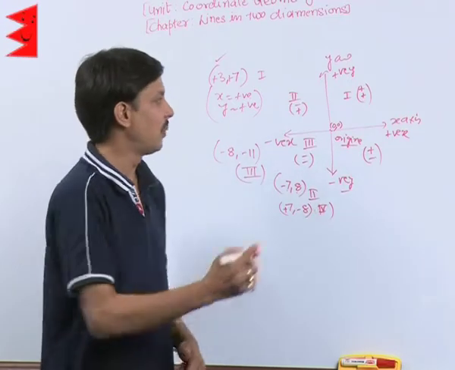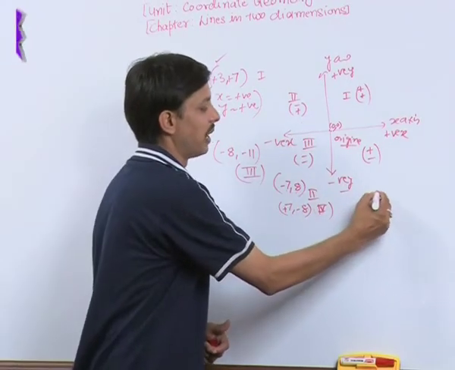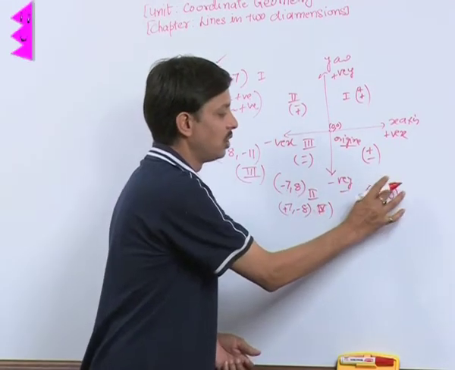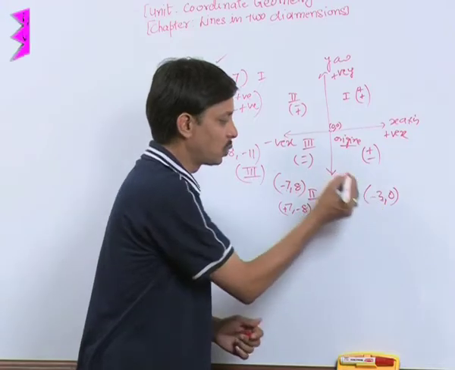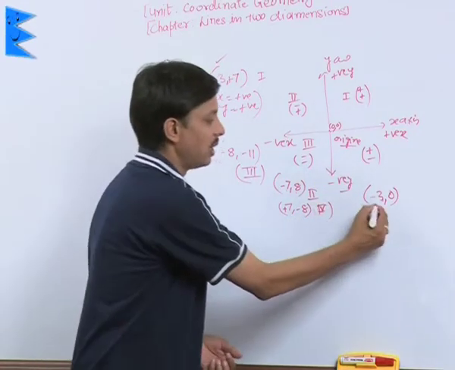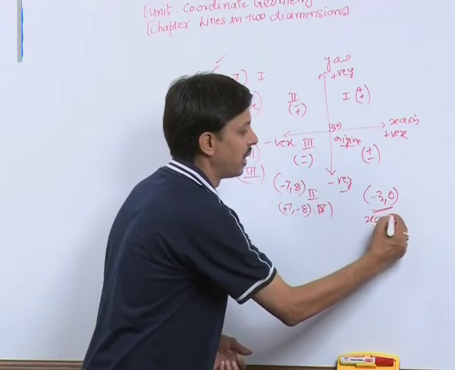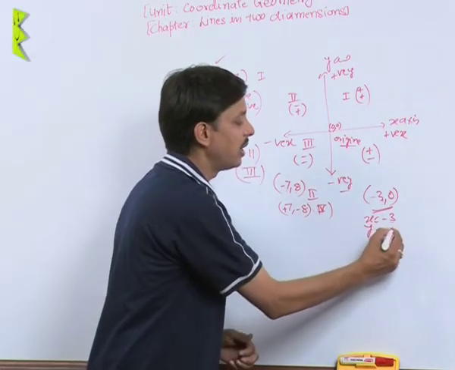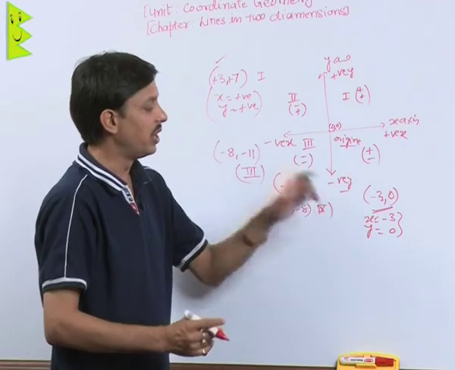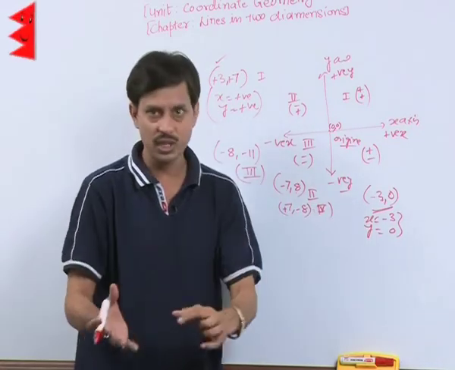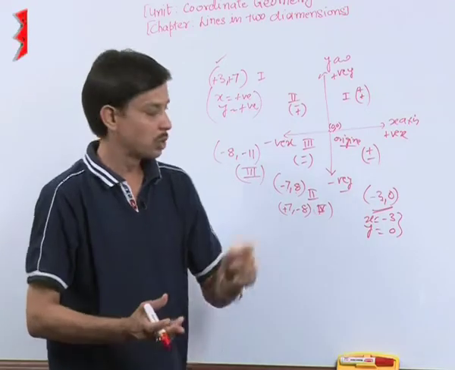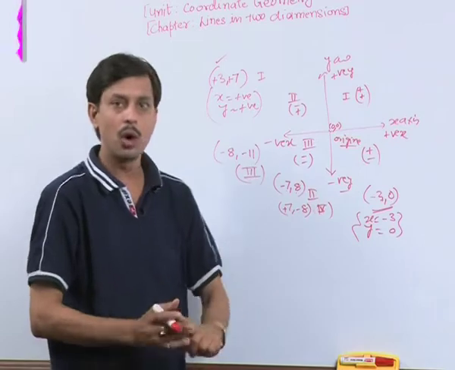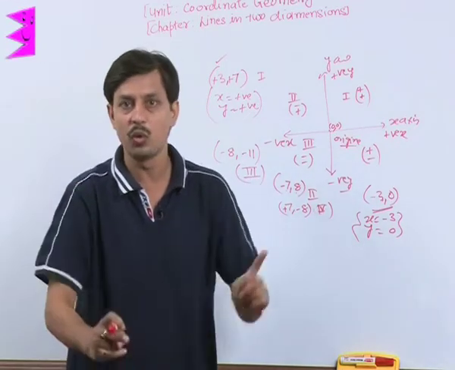Now I am asking you a question where you will definitely wonder how to answer. Suppose the coordinate is -3, 0. In which quadrant does it lie? As you know, the first value is the value of x. Here x is -3, that is, the abscissa is negative. The value of y is 0, meaning the ordinate is 0. 0 has no sign, plus or minus. So where does this point lie? It means that -3, 0 does not lie in any quadrant.